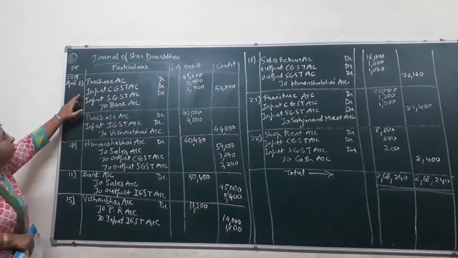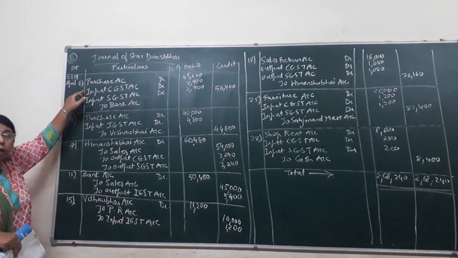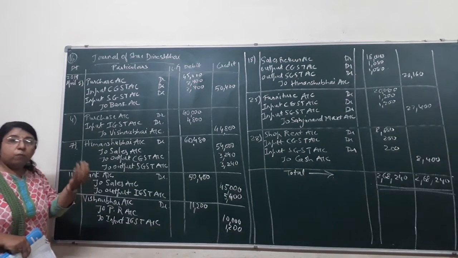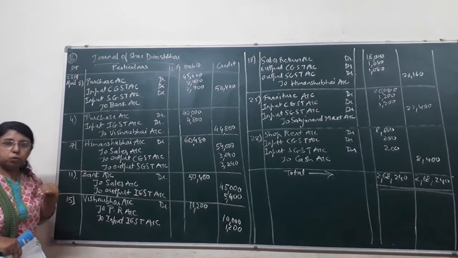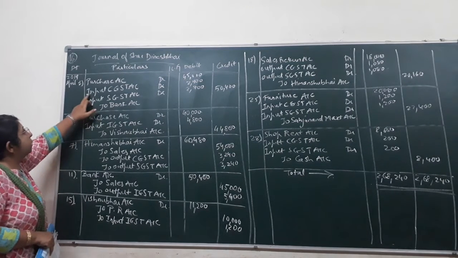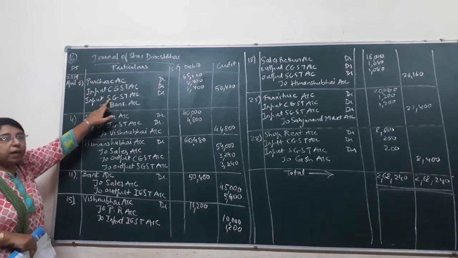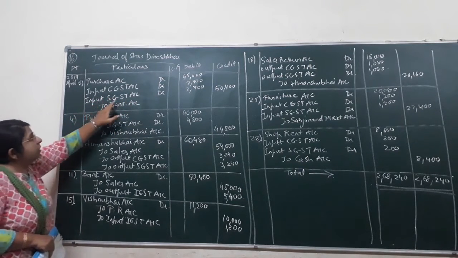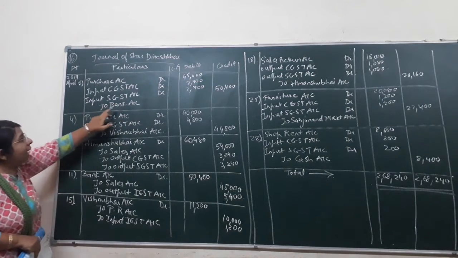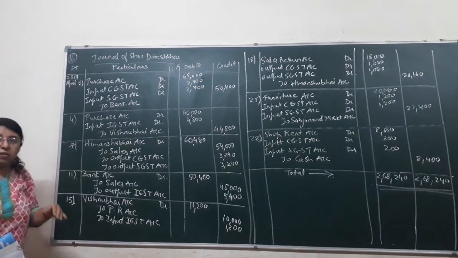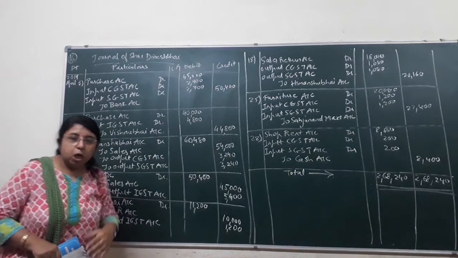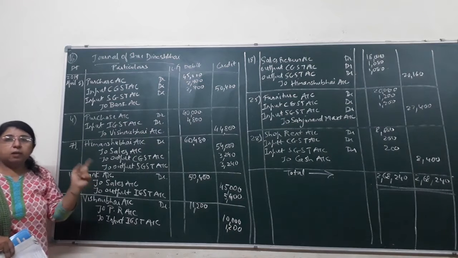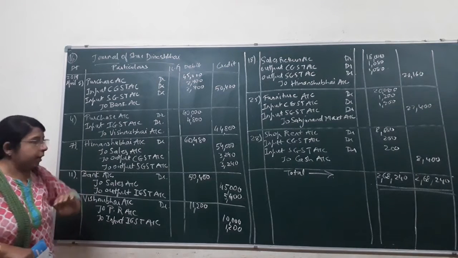Then afterwards I already told you, if there is a purchase, then the word input will be applied. And over here the goods are purchased from within the state, that is from Surendranagar city. So it is a transaction related to CGST and SGST. So input CGST account debit, input SGST account debit, to bank account credit, because while purchasing we have made the payment by cheque. So our bank account will be reduced. So bank is the giver, so credit the giver as per the rule of personal account.